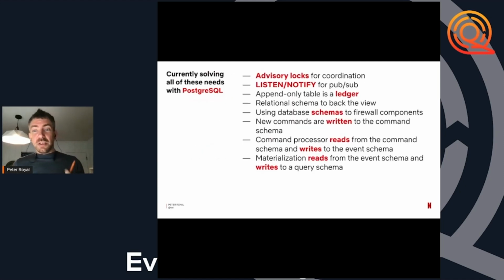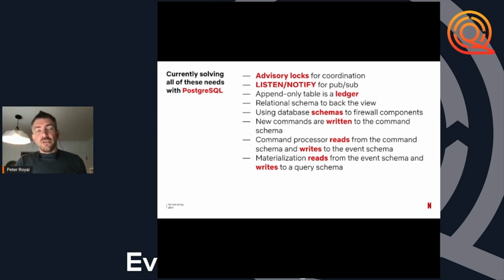So for us, it made the most sense to satisfy all of this with Postgres, given our operating environment. Running a new data store is a tricky proposition because we take on all of the operational overhead. So we were able to solve everything with one box. This was very attractive for us. Distributed locking is built into Postgres with its advisory lock function. PubSub is also built in with its listen/notify mechanism. A ledger is a very simple immutable table. We can create the view as a relational schema.